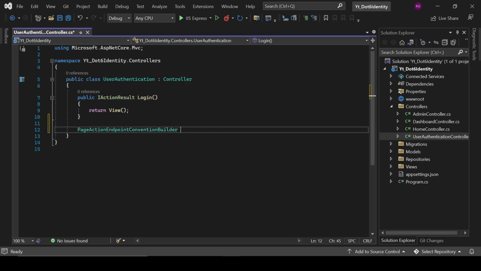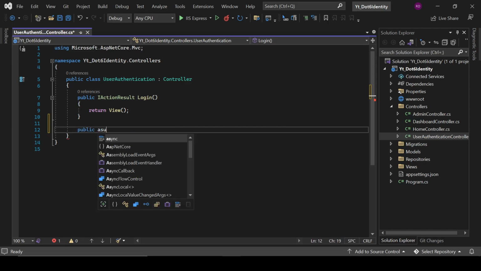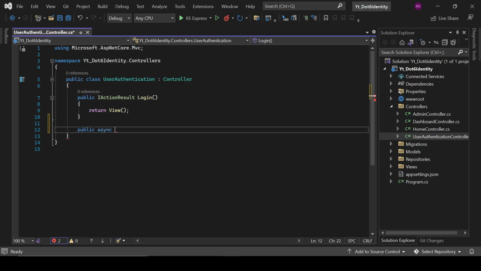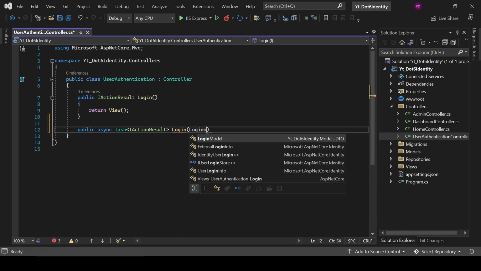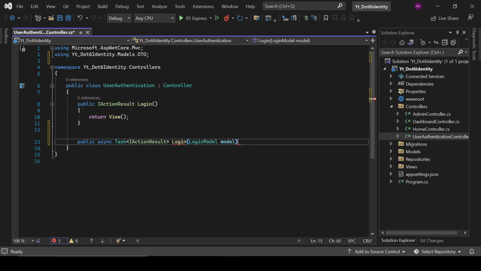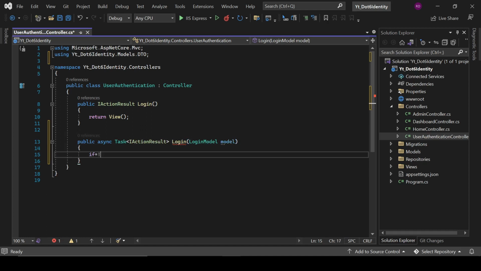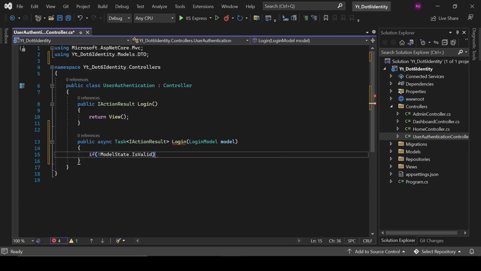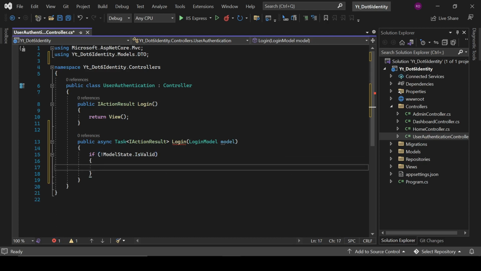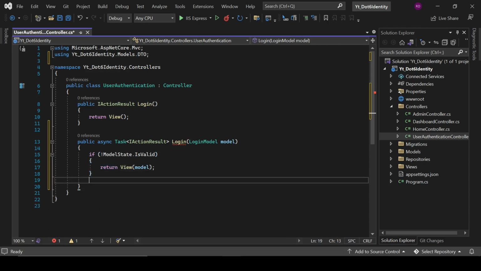Here, public async Task IActionResult Login, model. If ModelState.IsValid is not valid, then return View(model),